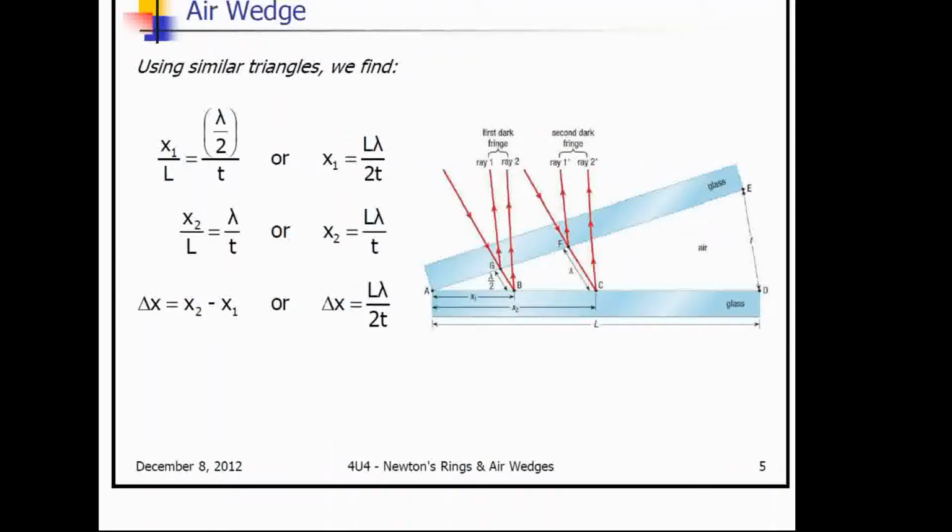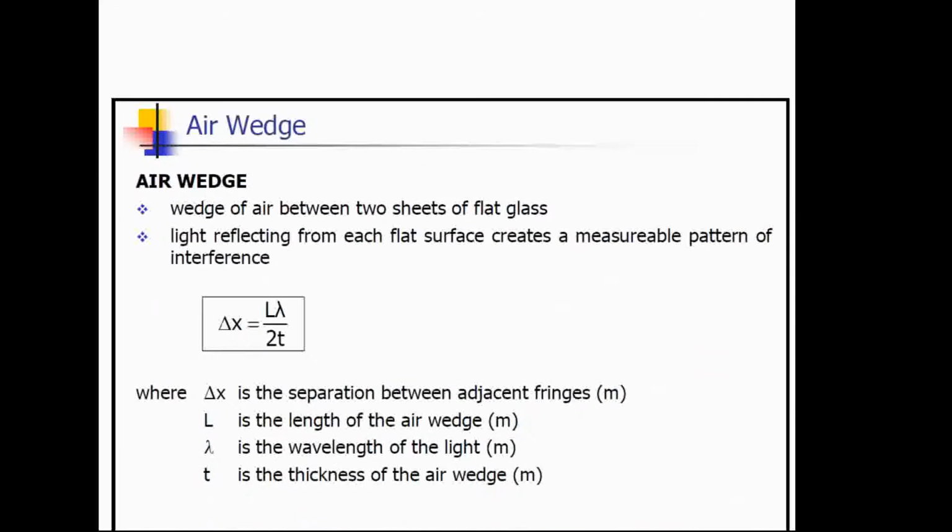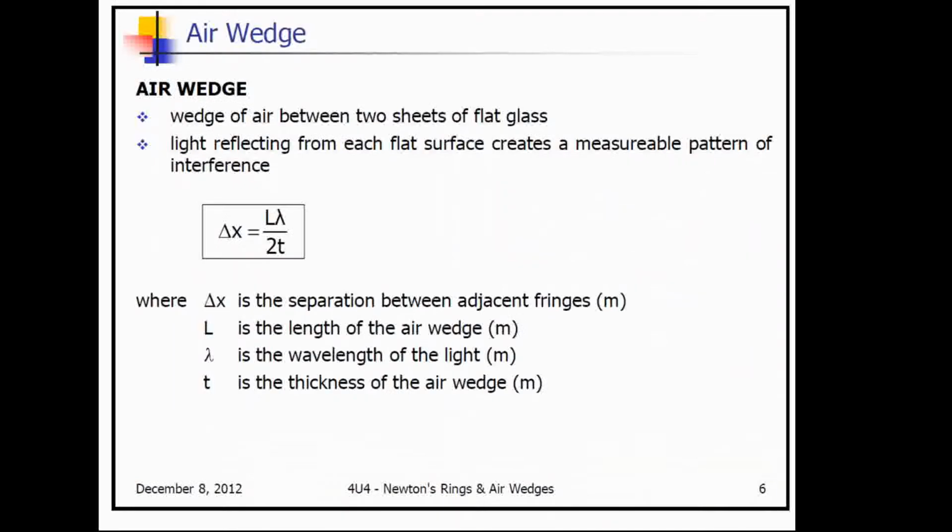Subsequent fringes occur at different values of lambda over 2. So we'd have 1.5 lambda, 2 lambda, 2.5 lambda, and so on. And by analyzing this, we end up with a relationship for the air wedge, and it's that delta x, that separation between the fringes, equals the length of the air wedge, where the length is